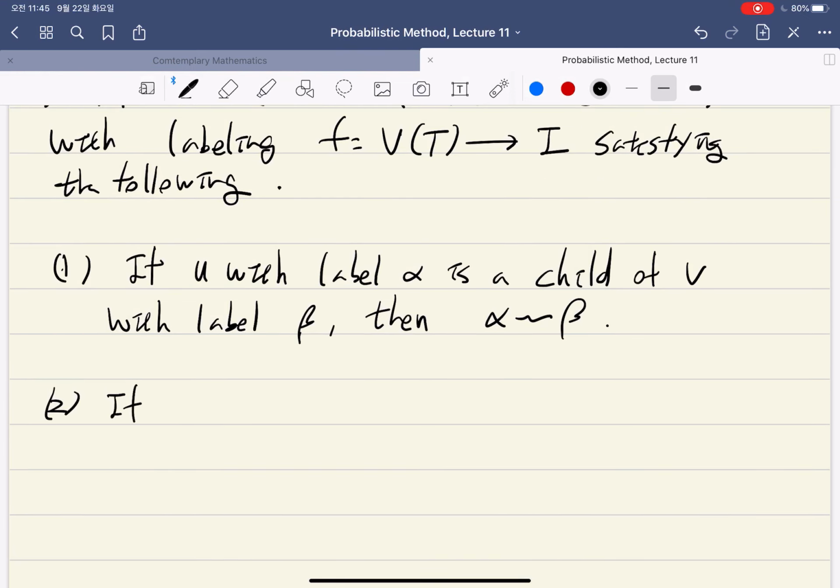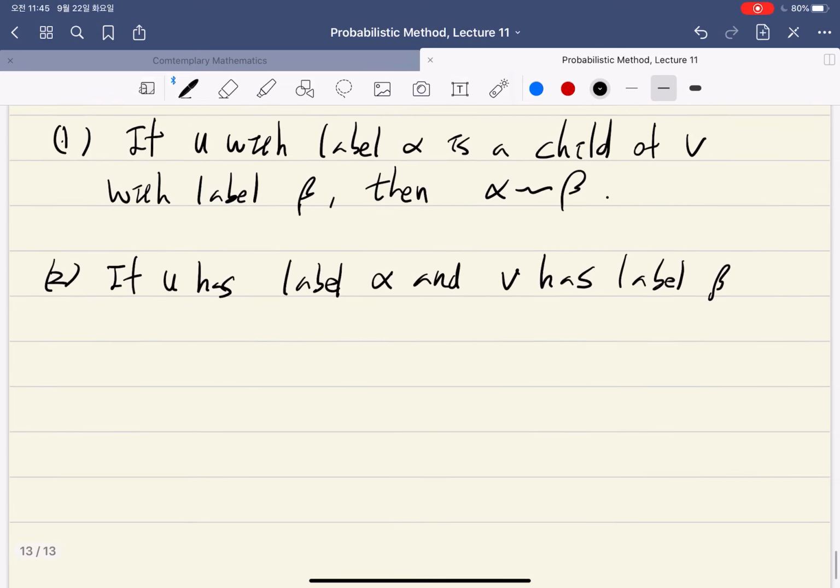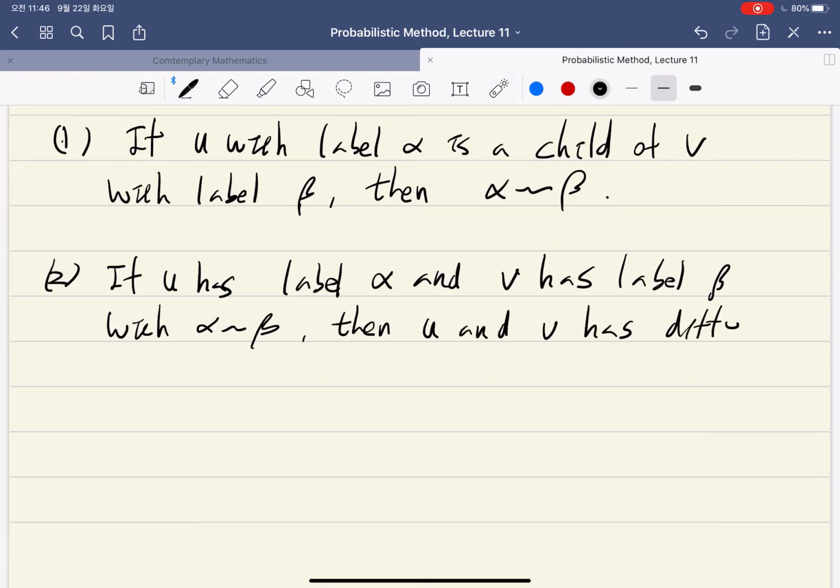And if U has label alpha and V has label beta, with alpha and beta related, then U and V have different depths. So such a model tree